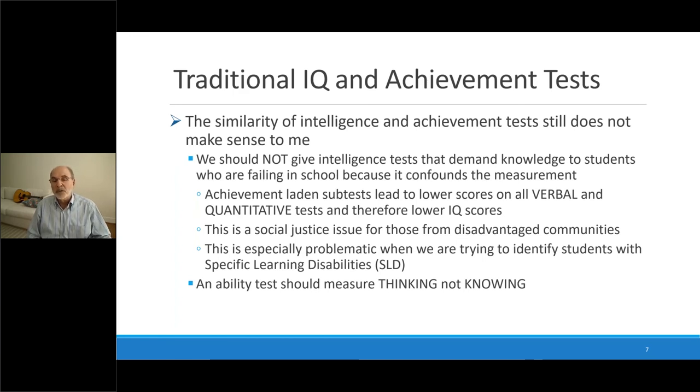This is really the fundamental social justice issue that my colleague and friend Tulio Otero and I have been writing about and speaking about at NASP. That this is really a social justice problem. And as I mentioned, it's especially problematic for students who have a learning disability. Think about it. You don't read much, you don't get a good vocabulary. And when you sit down and you get tested by the school psychologist, we give a vocabulary test and we say it's one of the best measures of g on this instrument. Well, it may be, but it's confounded by knowledge.